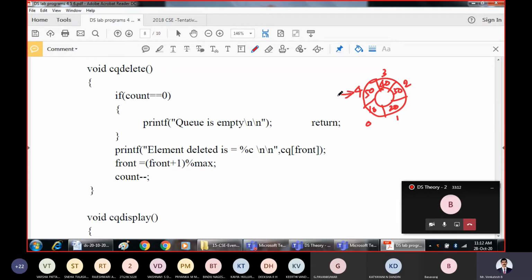Obviously we know that rear was pointing here and front is pointing to this location, and the present value of count is 5, because there are 5 elements in the circular queue.